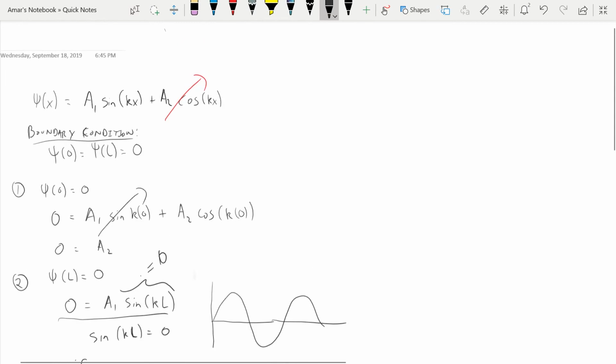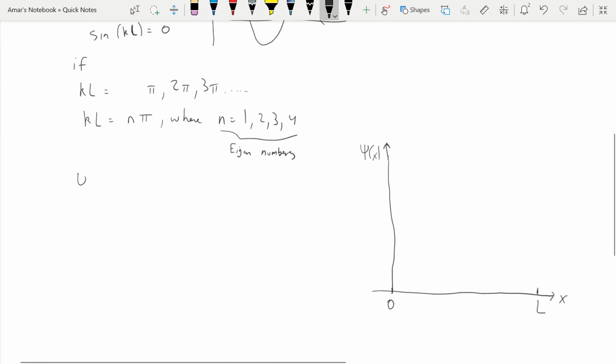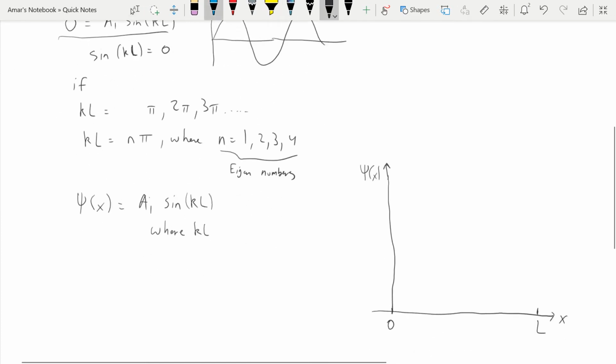So the possible solutions to this function, psi of x is equal to a1. Right, we still have a1. Don't forget a1, because we didn't say if a1 is not 0, so it's equal to something else. So a1 sine of kL where kL equals, kx, my bad. We're talking about the original function again. So kx, where now